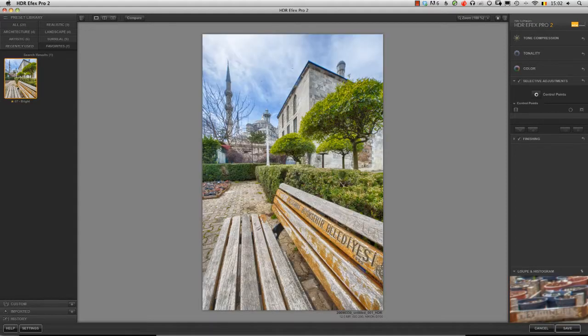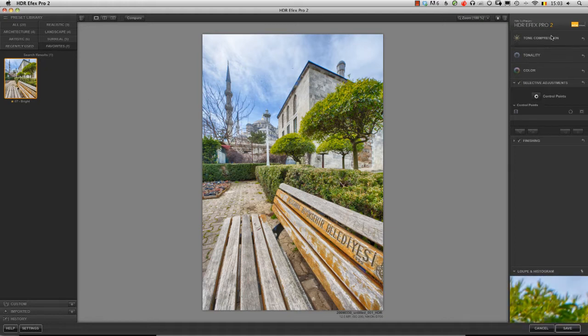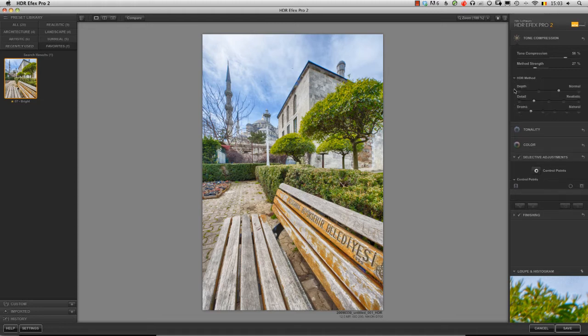So let me apply this one, and as I said, the only thing a preset does is put the different values or the different sliders on the right hand side to certain values. And this is one of the things that Nik has done very well, I think, in version 2. They have simplified the whole HDR rendering process to something more understandable, and therefore something you will more likely experiment